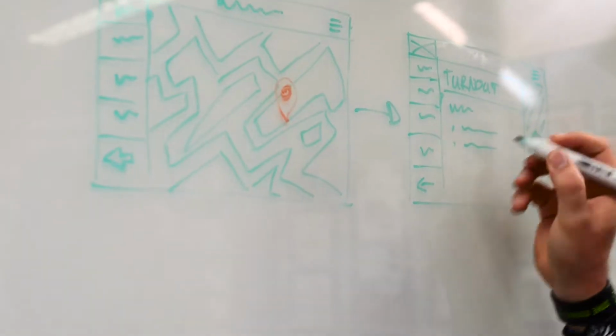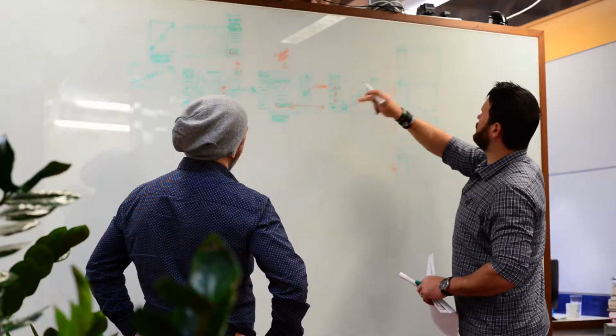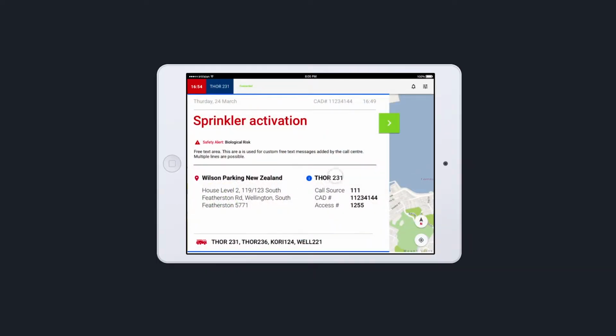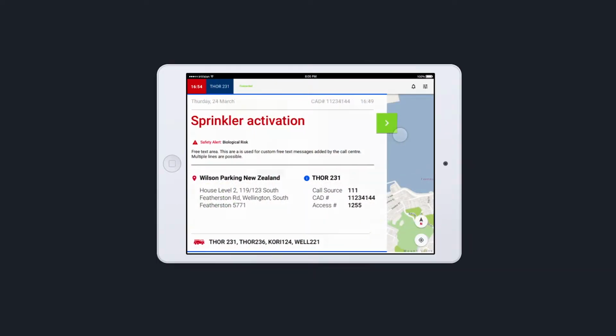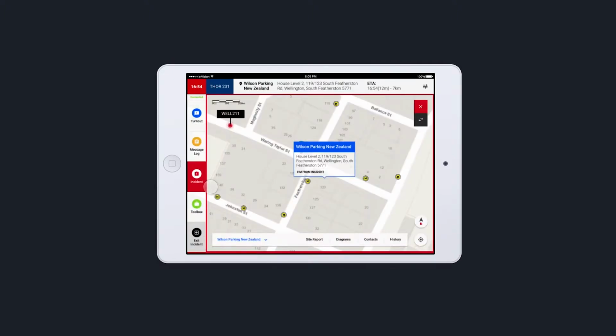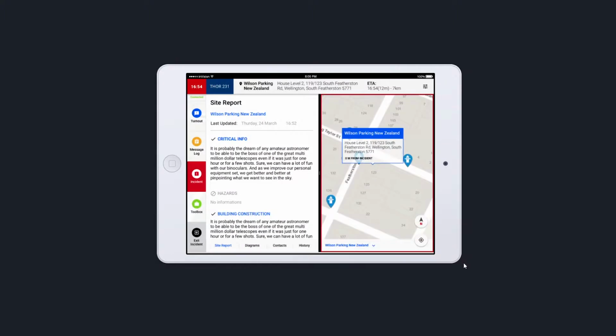One of our biggest problems to date is most of that information has been kept in what we refer to as the big black hole of systems that have never actually been utilised by the firefighters themselves. Our task was to design a usable and intuitive user experience to allow the display of location information in relation to an incident, responding appliances, communications, hydrants, water lines, building and site reports, and any dangerous materials in surrounding areas